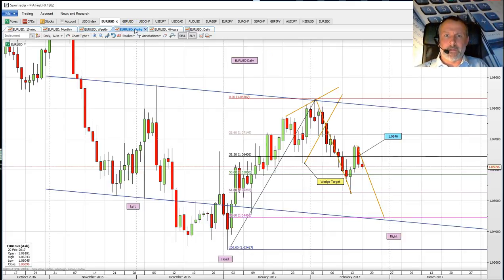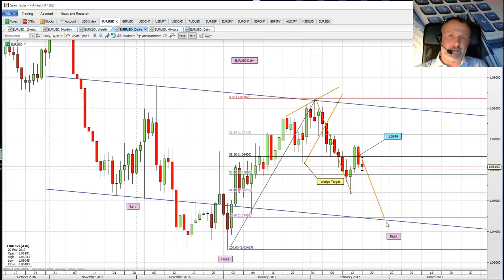However, the daily chart here, we look to be forming the opposite to the dollar, and look to be forming a reverse head and shoulders. So this being the left shoulder here, this being the head, and then this being the right shoulder. So again, moved out of a wedge breakout, moved down to 61.8%, which obviously again has to give us a little bit of caution. Move to the upside, but now we look to be moving lower again in this ABCD